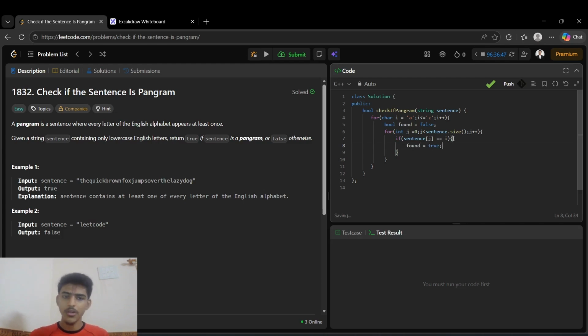Okay, simple and sorted. If the character that we are on is present, like if it equals any character from A to Z, then we will set the variable as true, and if it doesn't match, then we will set it as false. Okay, so again, after the inner loop we will check